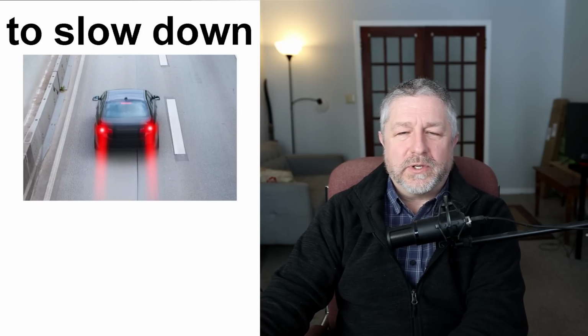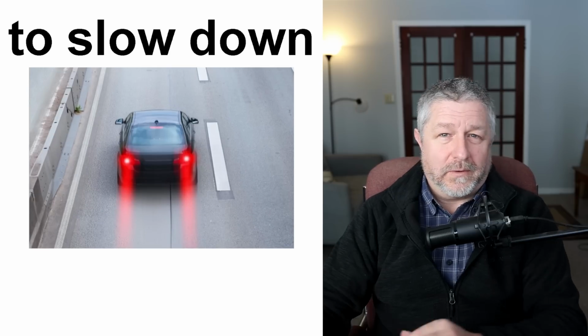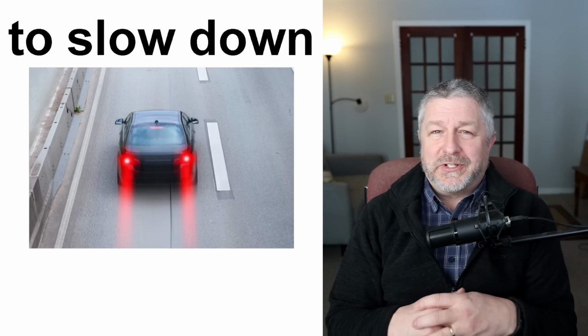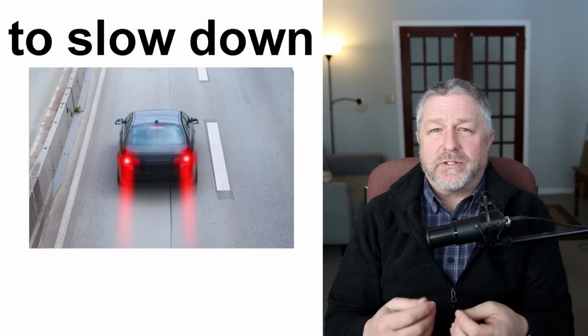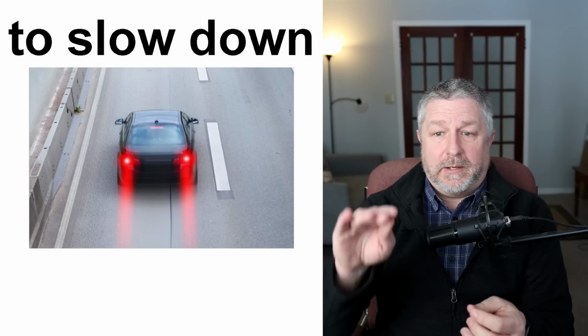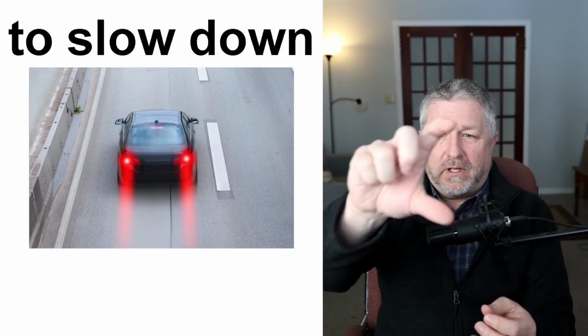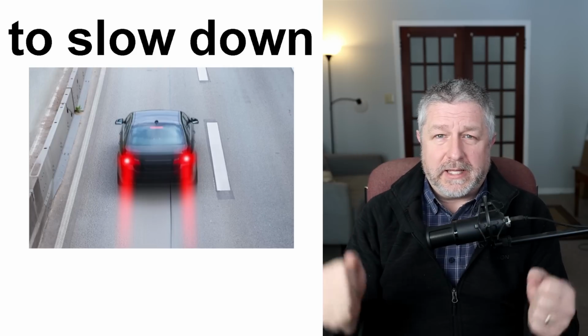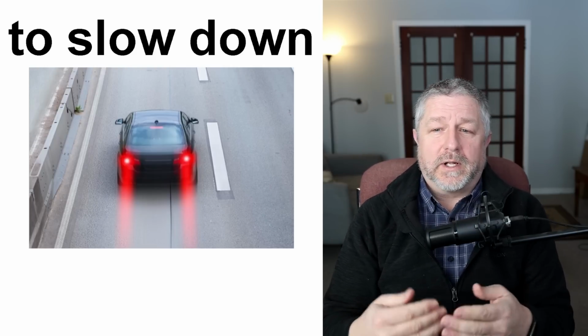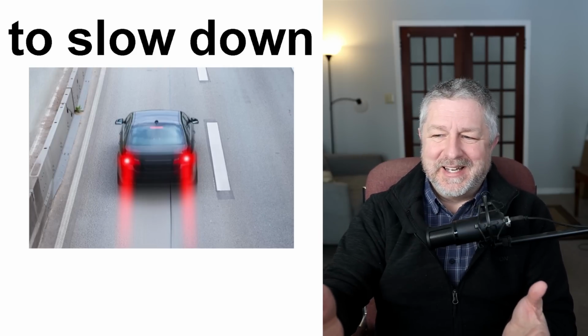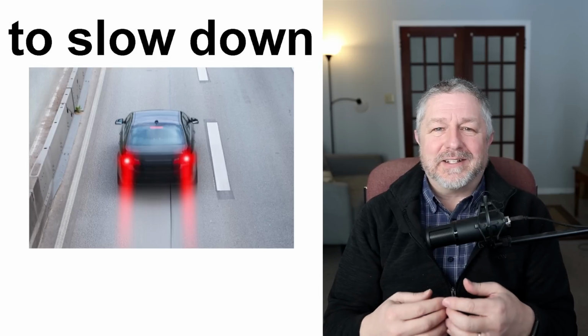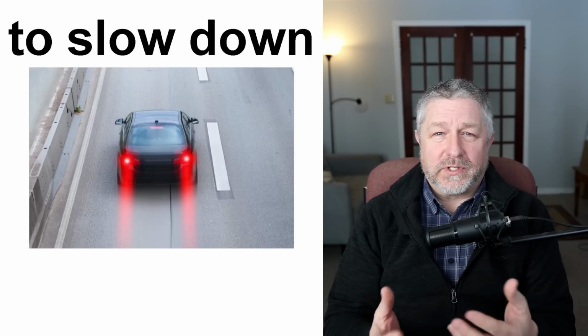To slow down. So obviously, when you are going a certain speed, you might not want to go that speed forever. So eventually you will hit the brakes because you want to slow down. Sometimes when you look ahead, you'll see that traffic is stopped. You'll see lots of brake lights ahead of you, and then you'll hit the brakes to slow down. You want to slow down so you don't hit somebody. That's the main reason. But certainly when you hit the brakes, you will slow down.